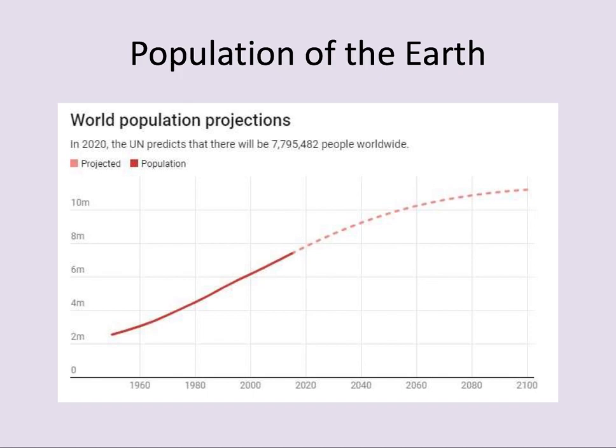Okay, so I want to finish off my discussion of populations today by discussing the population of the Earth. Right now, the population of the Earth is about 7.5 billion people worldwide. That's a lot of people. And you can see population over time has been increasing. And scientists don't actually know what the carrying capacity of the Earth is exactly. They think it's somewhere around 10 billion people, but they're not really sure how many people that the Earth can